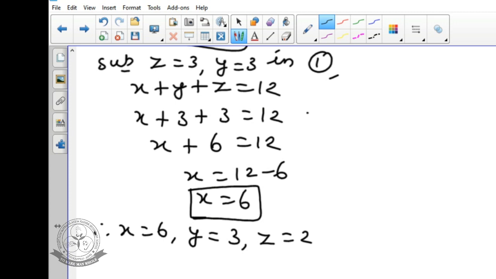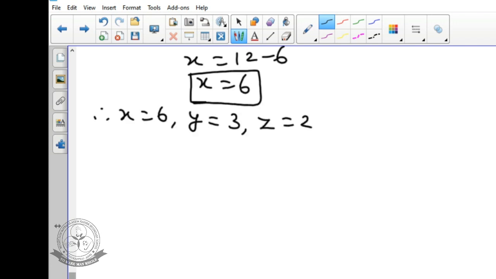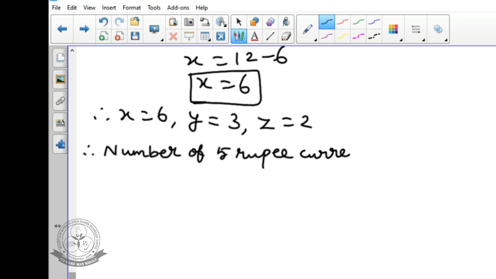But they also ask to find the number of currencies. What will x be? x will be the 5 rupee currencies, y will be the 10 rupee currencies and z will be the 20 rupee currencies. Therefore you have to write like this: number of 5 rupee currencies equal to